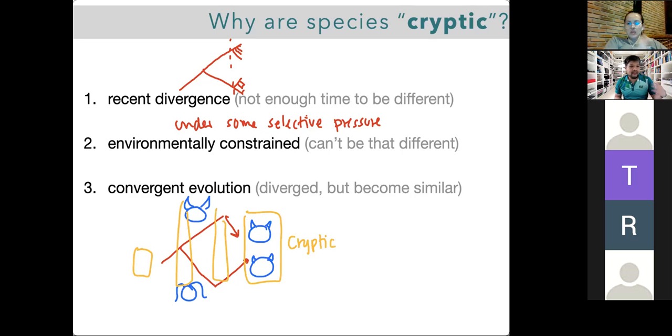So for things that evolve faster than us or have shorter lifespans, like bacteria, we can observe that in a lifetime. But imagine you study, I don't know, tortoise morphological changes, right? You kind of have to wait until they grow old and have babies, and that could take forever. So it's not possible with every single one of them, and that's why cryptic species is actually a more common phenomenon